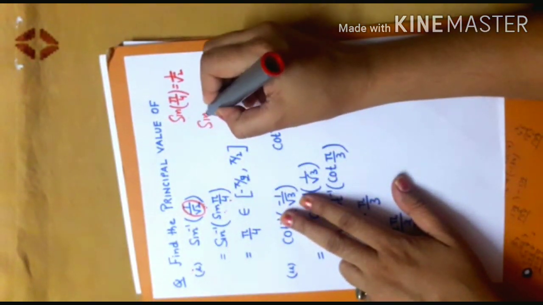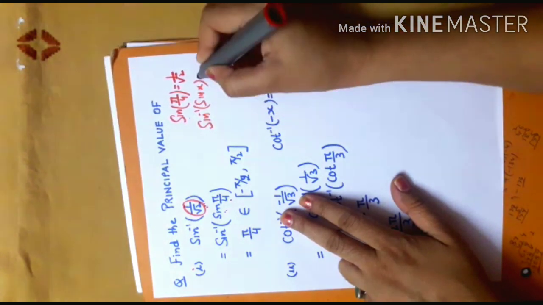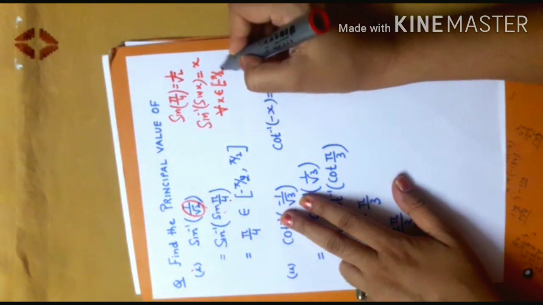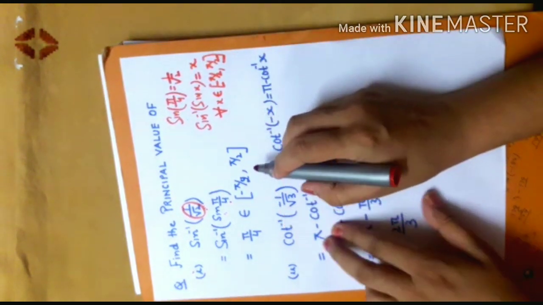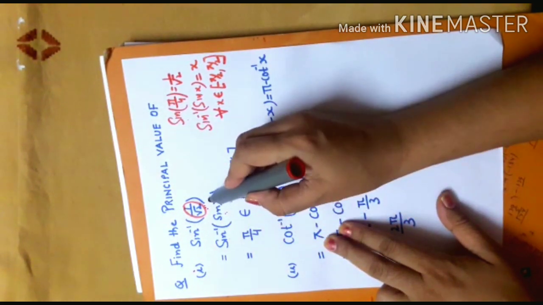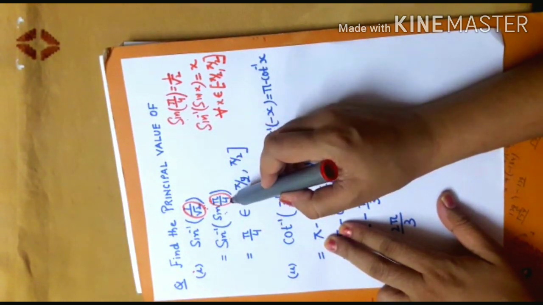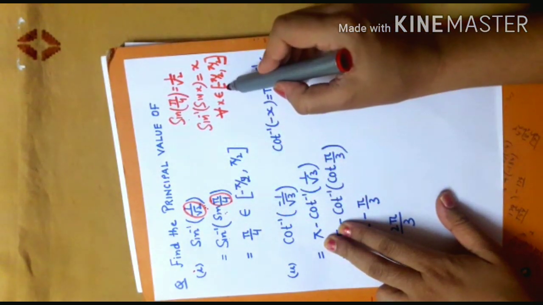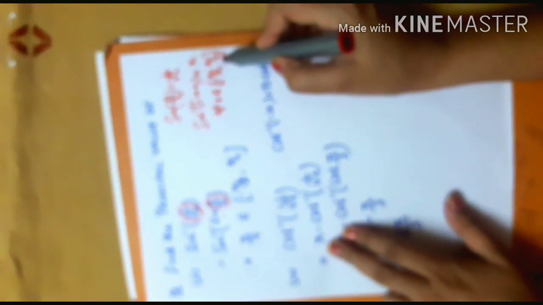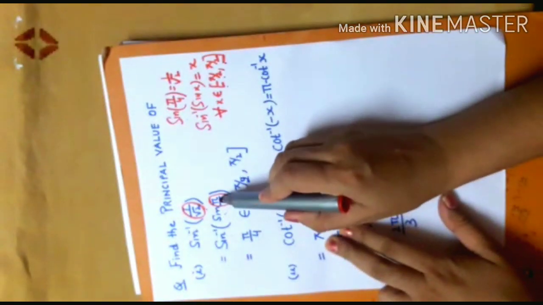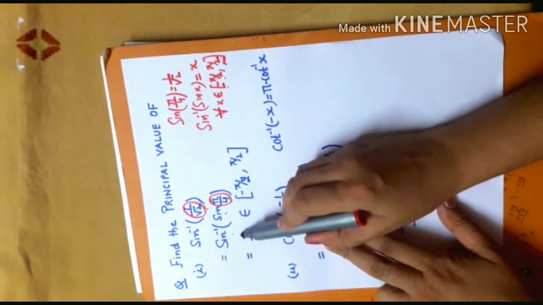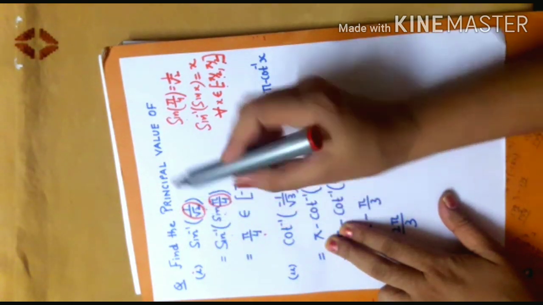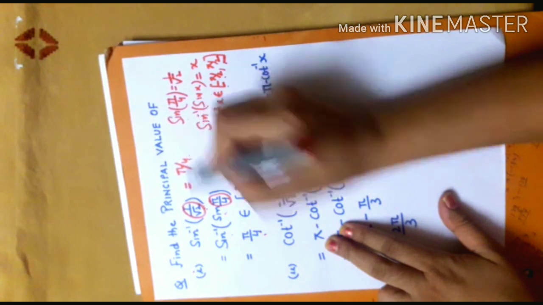Now you know that sine inverse sine x is equal to x for all x which belong to the interval minus pi by 2 to pi by 2. So here in sine inverse sine x, role of x is being played by pi by 4, and now you can see this x, that is pi by 4, belongs to the closed interval minus pi by 2 to pi by 2. So therefore sine inverse sine x will be equal to x, that is pi by 4. So the principal value of sine inverse 1 over root 2 is pi by 4.